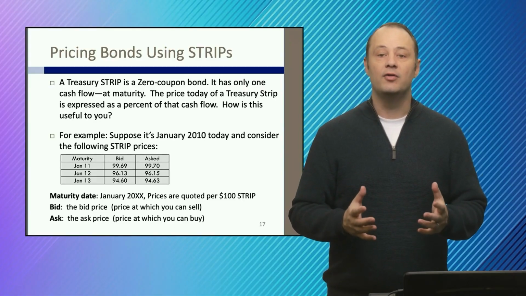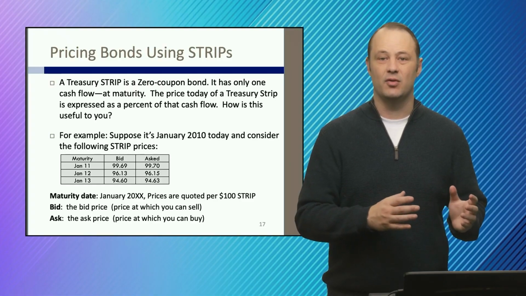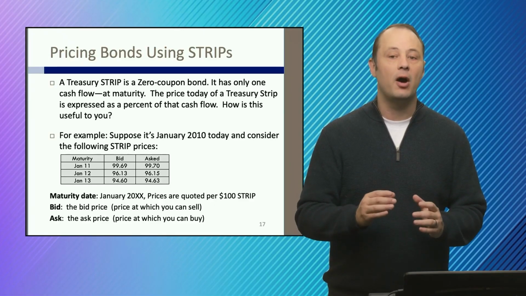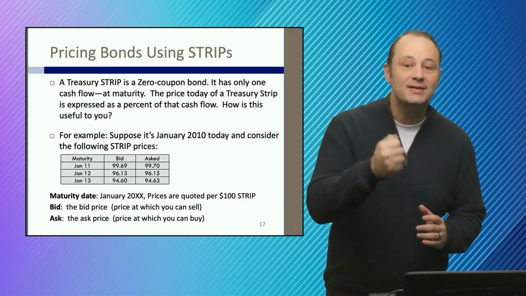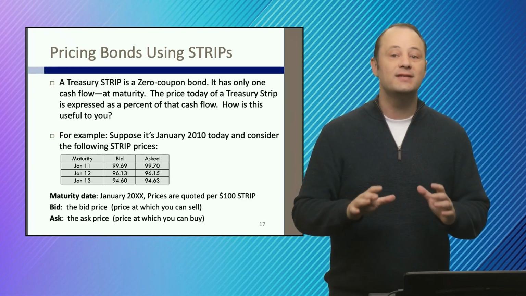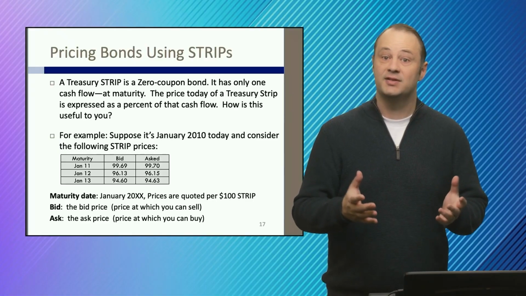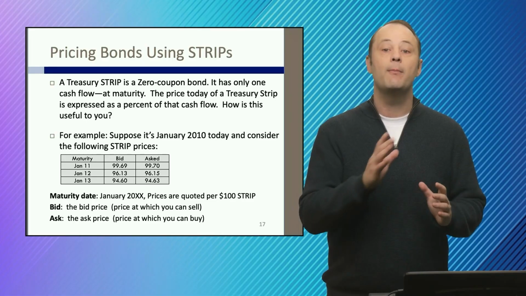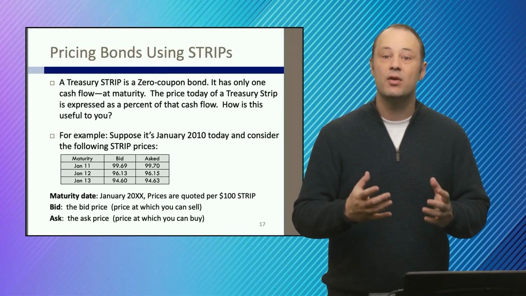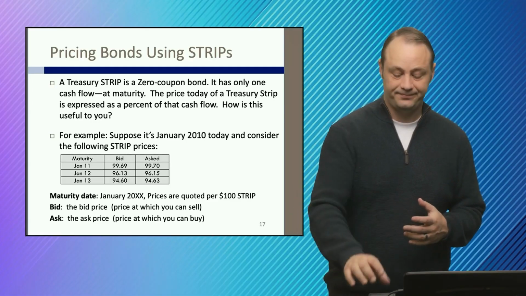All right, the next thing I want to do is discuss in more detail a bond type we introduced a few slides ago, a zero coupon bond. Remind yourself what that is. That's a bond that just makes one payment, just that lump sum payment at maturity. We're going to see that zero coupon bonds are particularly useful in pricing more complicated bonds, the coupon bonds. So what I want to do is jump over to the glassboard and show you how we can use zero coupon bonds to price more complicated bonds like coupon bonds.